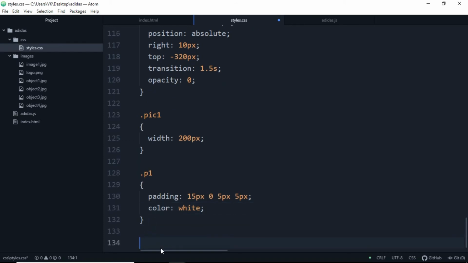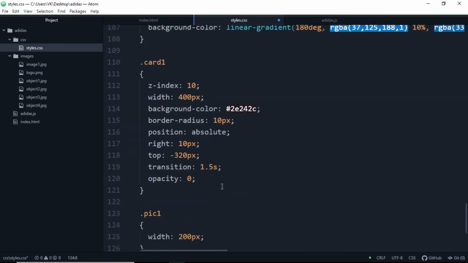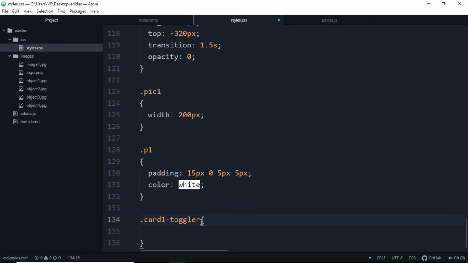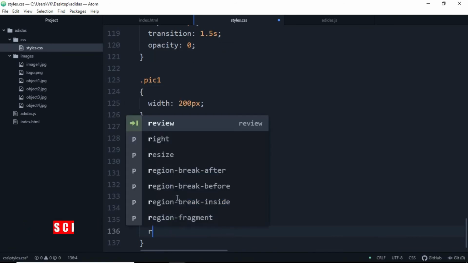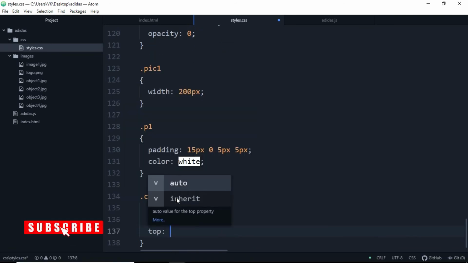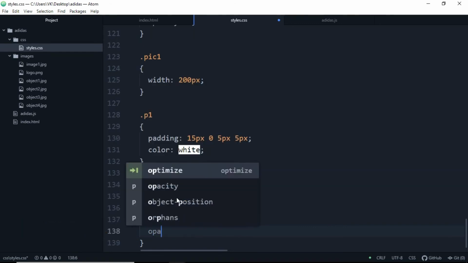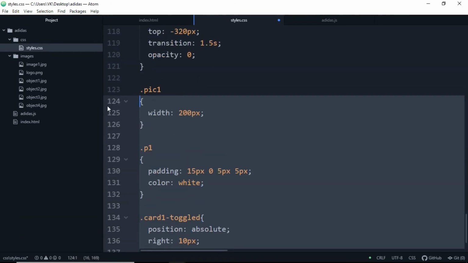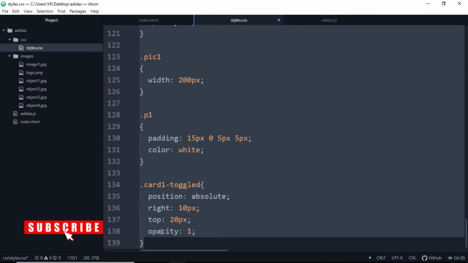Alright, so when card1 is toggled, we're gonna change its properties. Position will be absolute. From right it will be 10 pixels, from top it should be 20 pixels. Opacity will be 1. So the thing we are changing is, from top it will be 20 pixels.